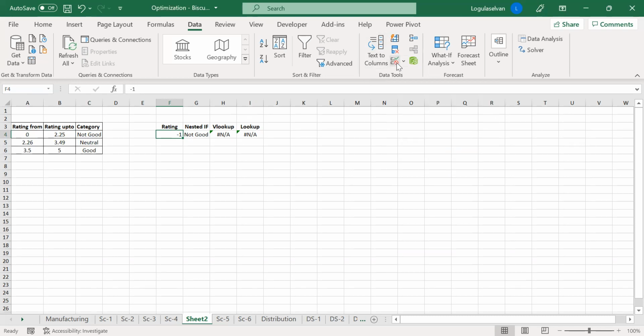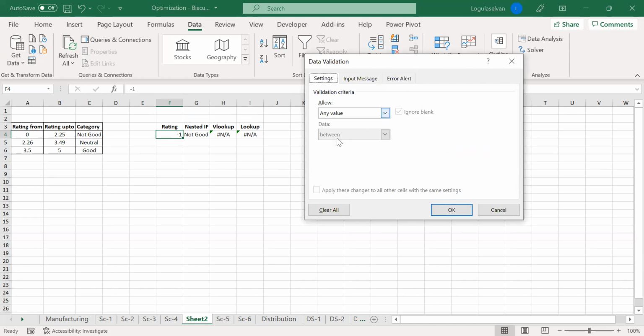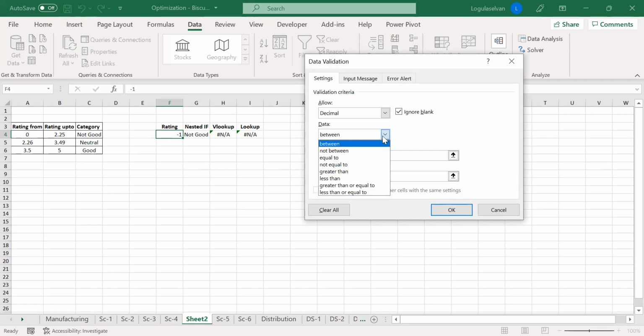Go to the Data tab and click Data Validation. In that, select the option Decimal, because the average can be anything like 3.4, 3.45. Once you select this, you will get Between as the data option. You have multiple options, but we want the range, so it has to be between 0 and 5.